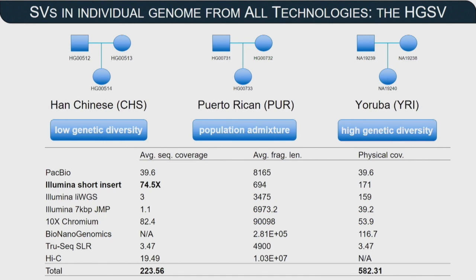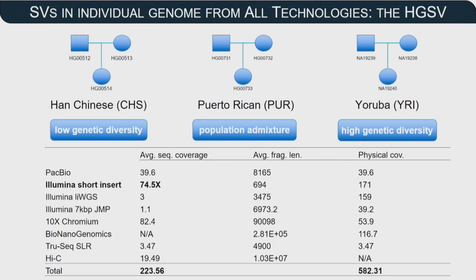Again, Mark talked about this yesterday, but this is the idea of 3 diverse trios. And really, every sequencing technology that we could use, we did. We sequenced these to the depth that we can and analyzed them as deeply as we possibly could, from a large consortium of individuals, each with expertise in various areas. But really here we have PacBio, Illumina short insert. We generated Illumina large insert, 10x Chromium, BioNano Genomics, TruSeq, Hi-C, and then at the end we generated some Oxford